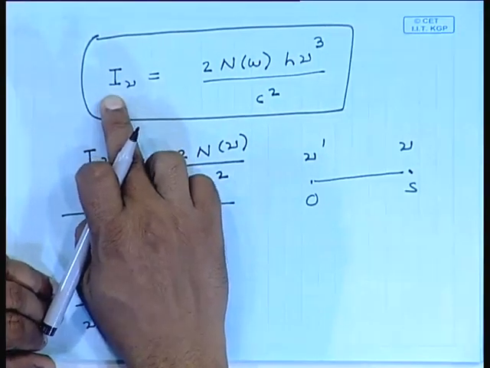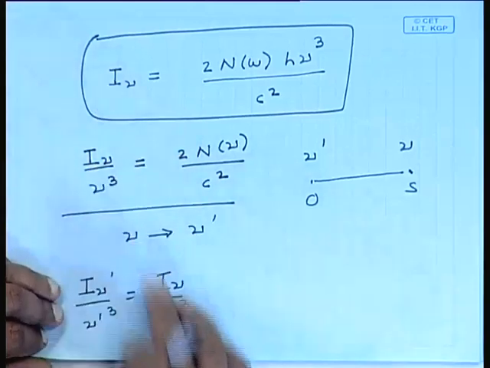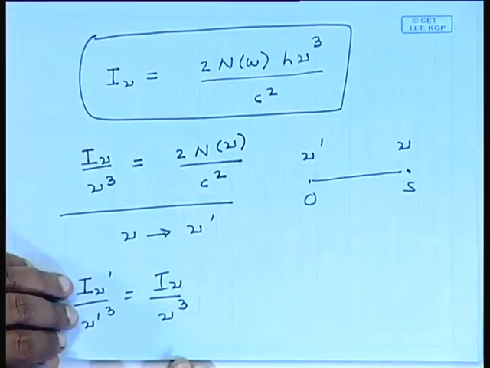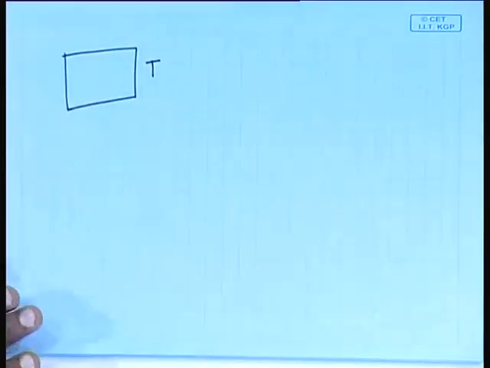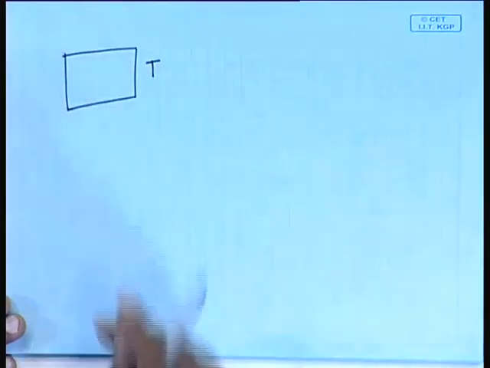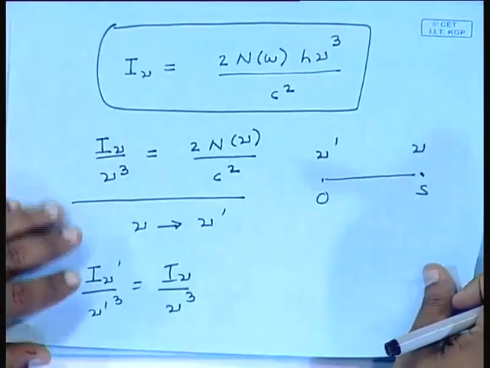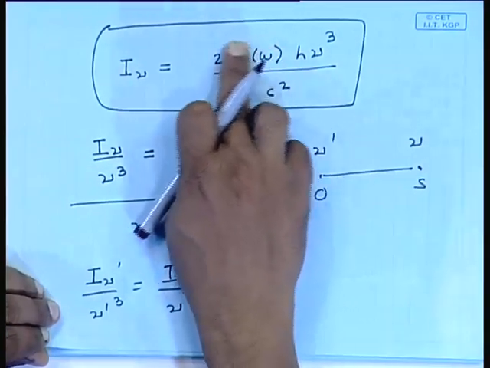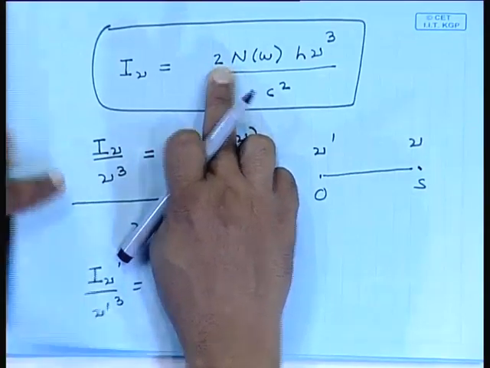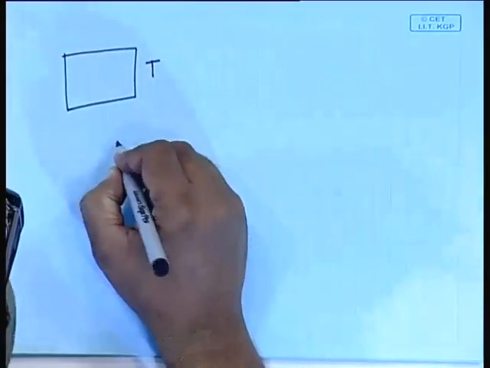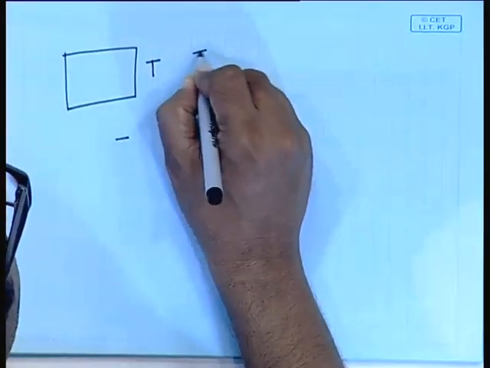What is the specific intensity corresponding to black body radiation, thermal radiation? Inside this black body cavity at a temperature T, what is the specific intensity? It is the same in all directions. To determine that, you just put in the occupation number of thermal radiation, the Bose-Einstein distribution, and what you get is that for thermal radiation,